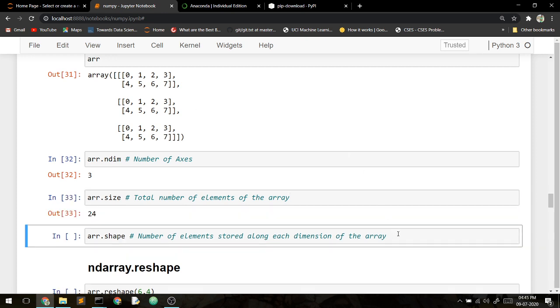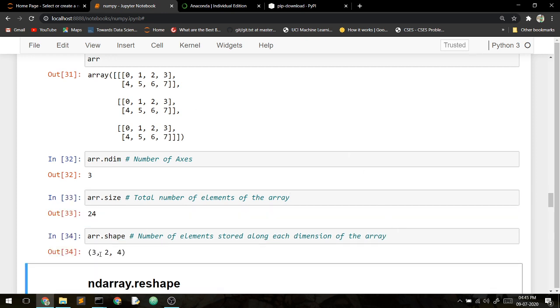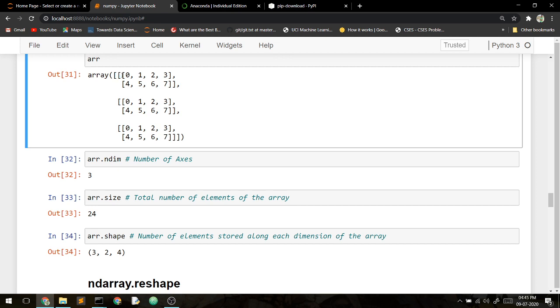What is the shape? It is 3, 2, 4. It is 3. This one you can see this is the first one. This is separating 3, 1, 2 and 3. Done. Then 2.